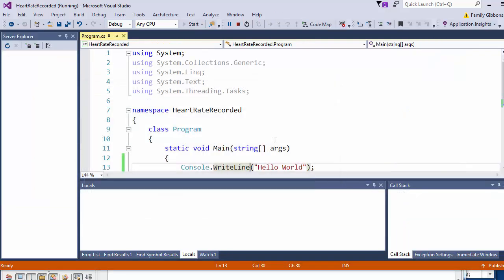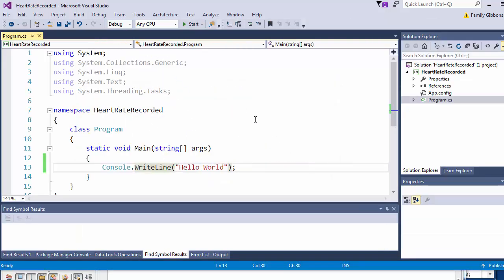So I can run this. It may take a while to rebuild it, but it'll run. It'll pop up a window. Now that popped up really fast and disappeared. That's the default start, which is just to pop up a console, run the program, and assuming there's no input, it